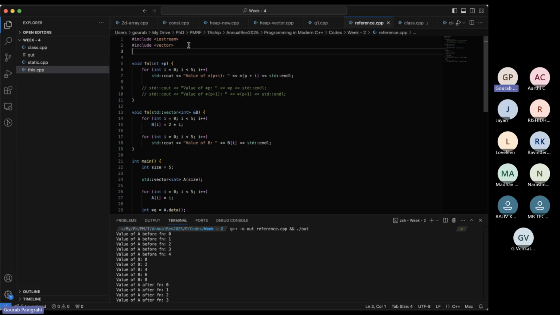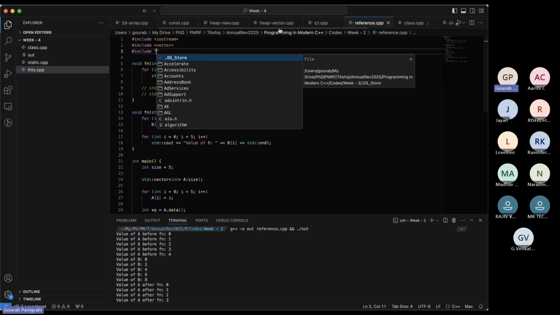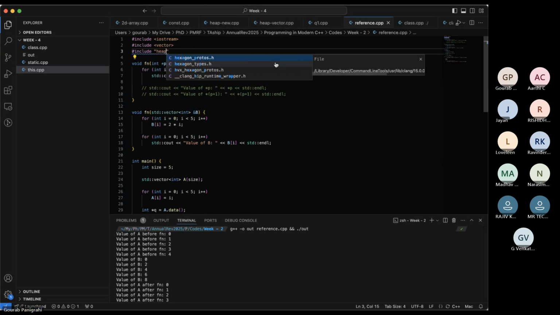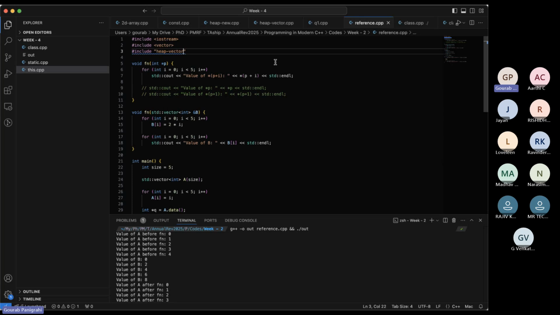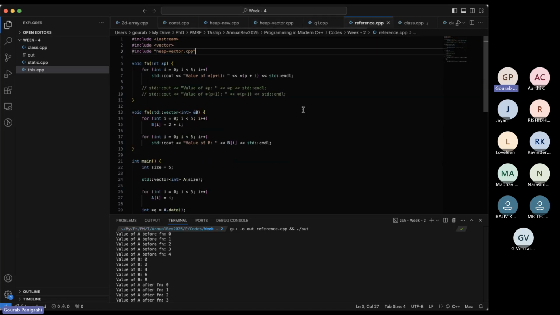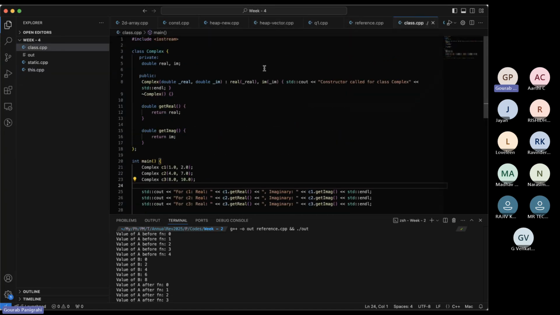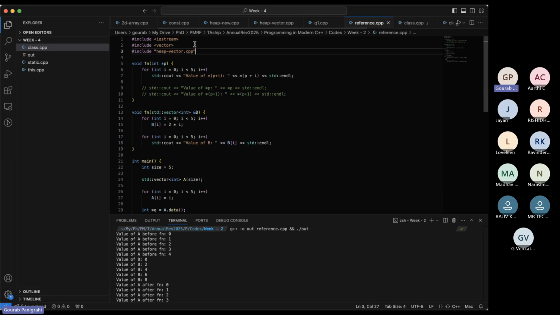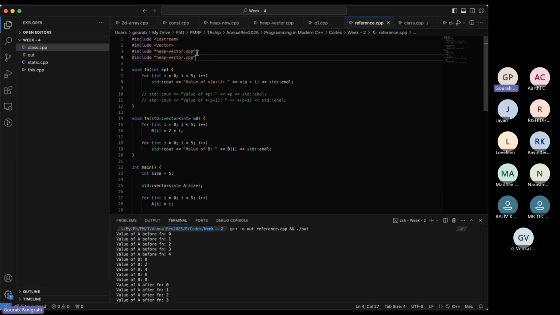Let's say instead of this, I did hash include heap vector dot cpp. I can do this. That's absolutely okay. So heap vectors dot cpp has some code. Maybe I also have a class dot cpp, and I can include that too. This hash include is also a macro. What this essentially does is